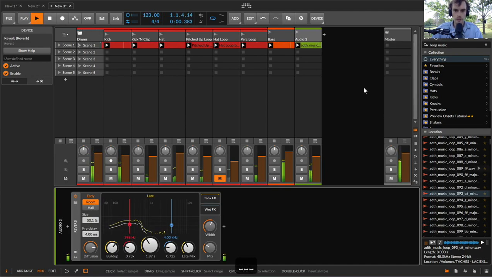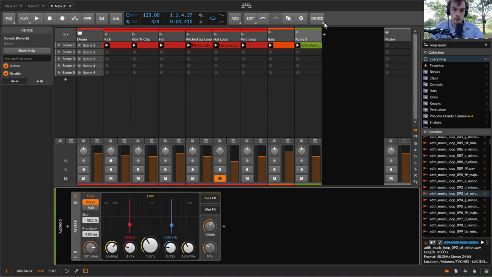Okay, I think that pretty much sums up some of the things you can do with that little preview onsets button. And I hope you've learnt something,